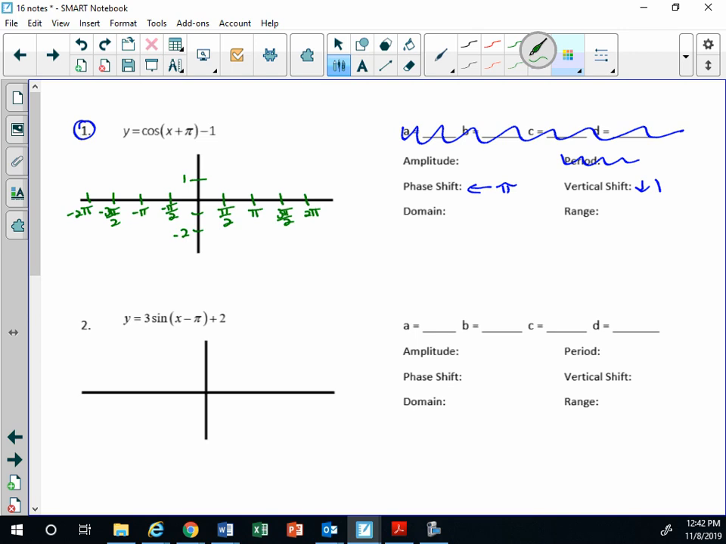So when you shift left, you know, when you go off the track,